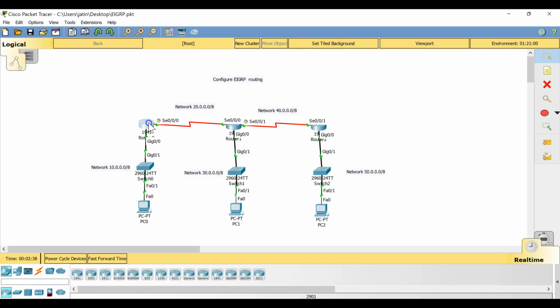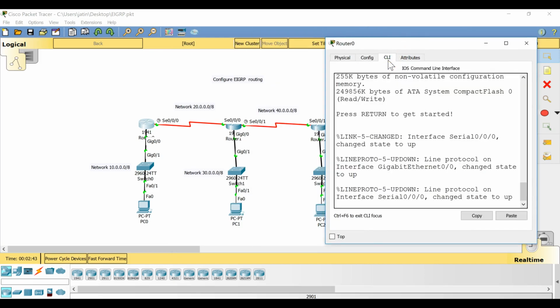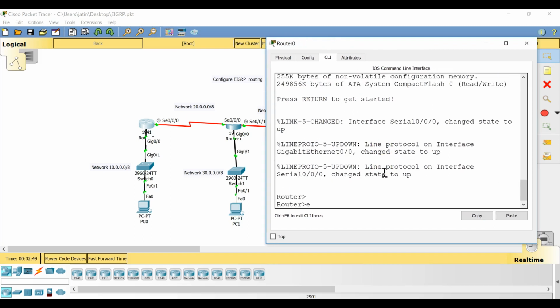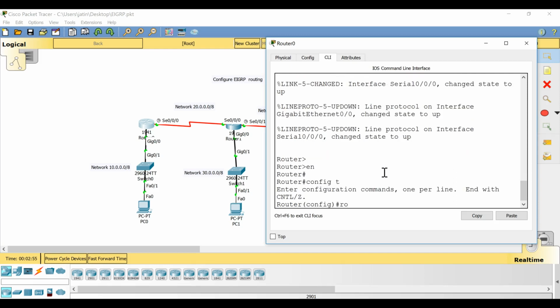Okay, let's go to the first router and go to CLI. Okay, now what I have to do, I have to start my configuration. Enable, config T, router EIGRP. Now after this, I have to give one autonomous system number, which is known as AS number,